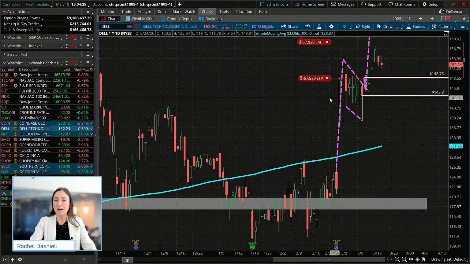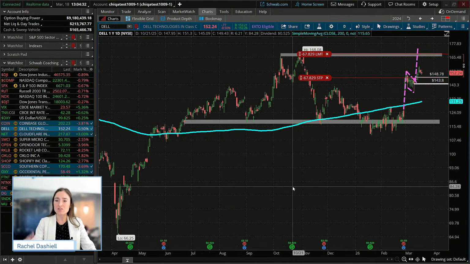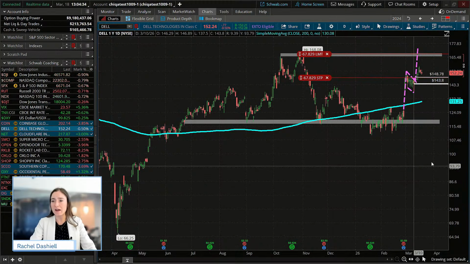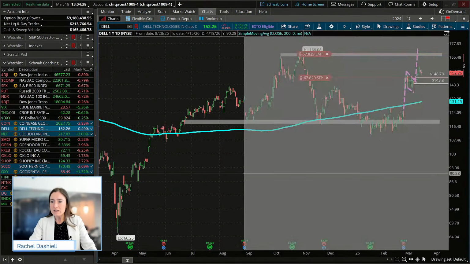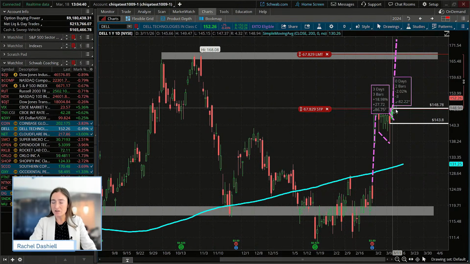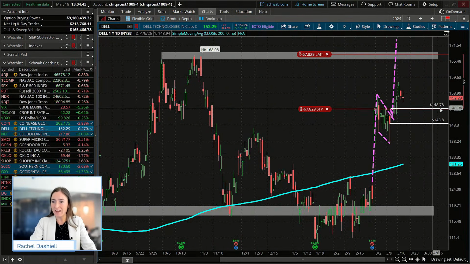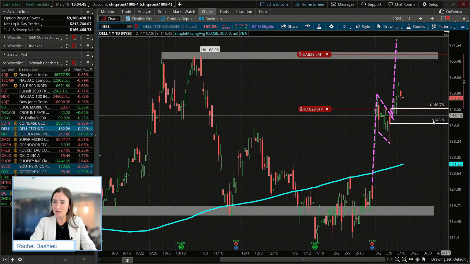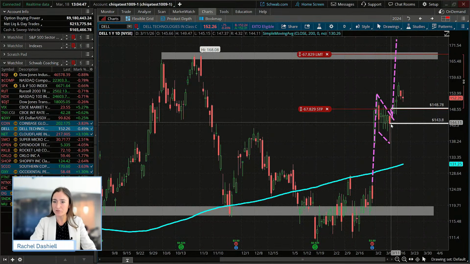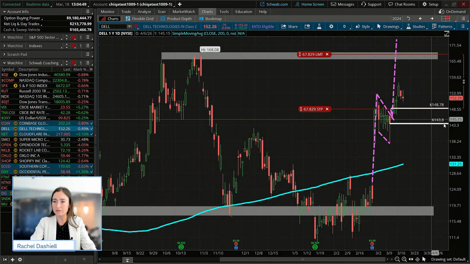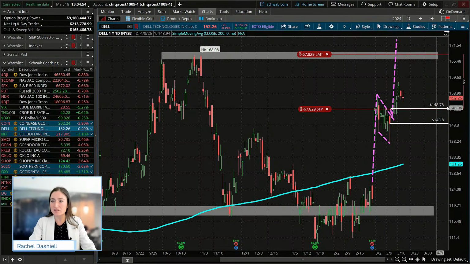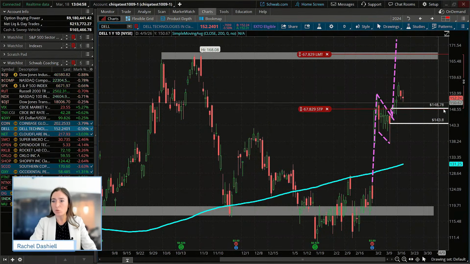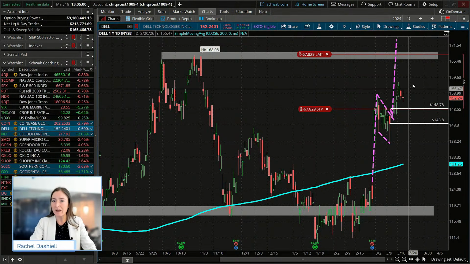Now, Dell, we traded, I could zoom out and show you what we were looking at. We traded this bull flag setup in Dell. Essentially, we took that entry right around 148.78. We had our stop down here if price re-entered the pattern, right around 143.80. Today, I moved up our stop a little bit so you can see it right around that level, right around where our entry was. So just moving that up as we go.